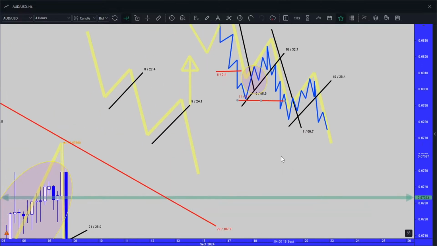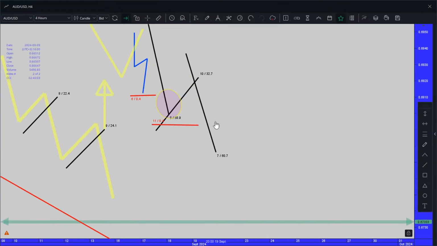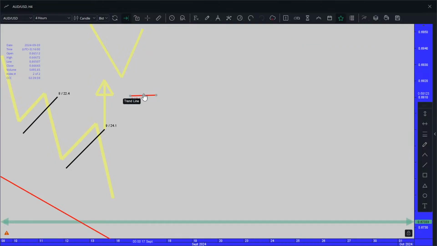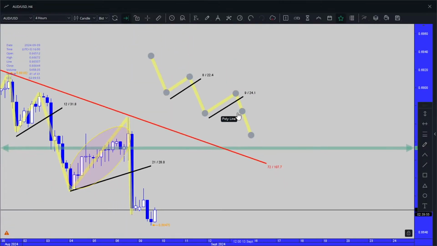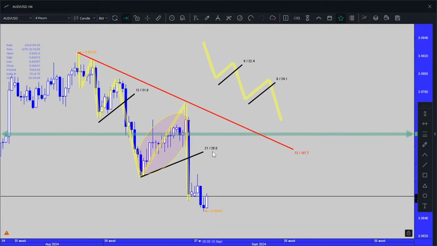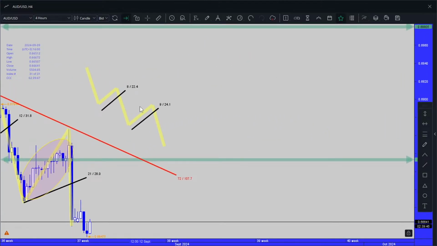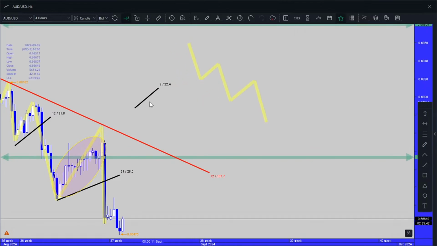So, how to trade support in a downtrend, everybody? I'm going to delete this one. Delete, delete, deleting here. All right, so how are you going to take advantage of the AUD USD 4-hour chart? It's with the understanding that this is a downtrend,